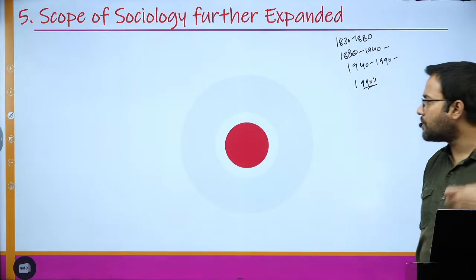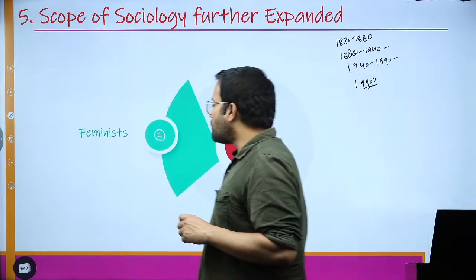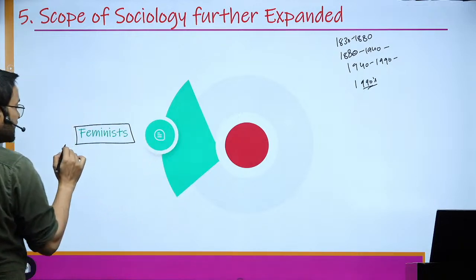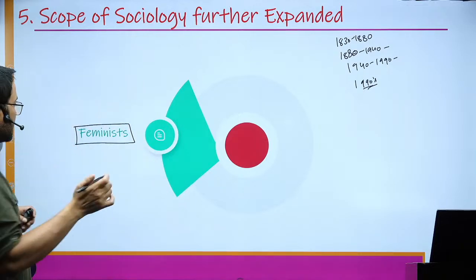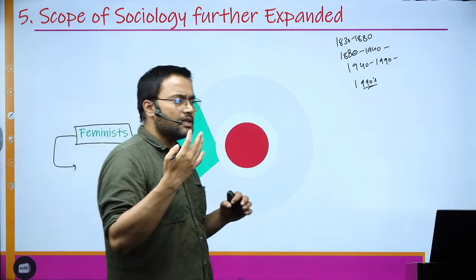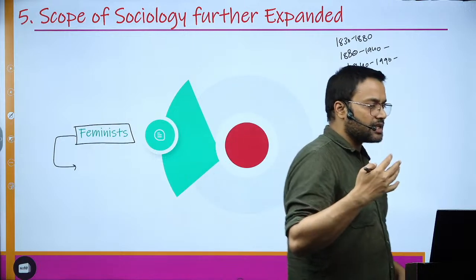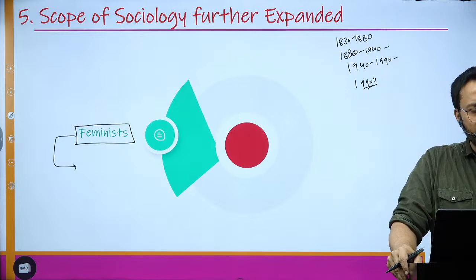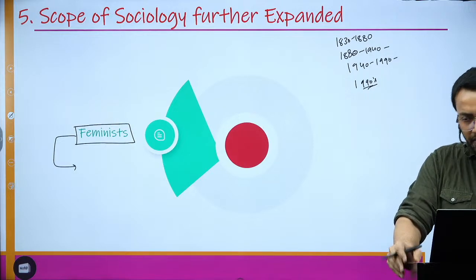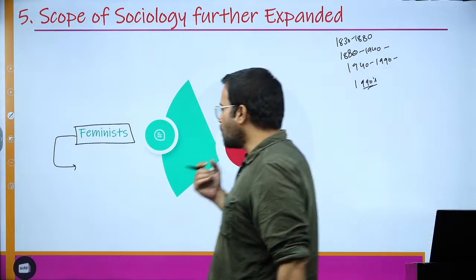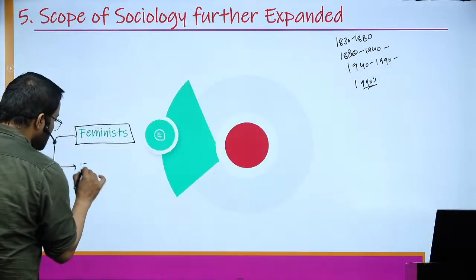And we'll talk about certain things. We will talk about feminists. They started seeing society in an altogether different way. You remember I talked about certain scholars in the first lecture, where I was talking about Mary Wollstonecraft, way back in the 18th century. But still I'm giving certain more scholars' names here, such as Simone de Beauvoir, Ann Oakley, Shulamith Firestone.